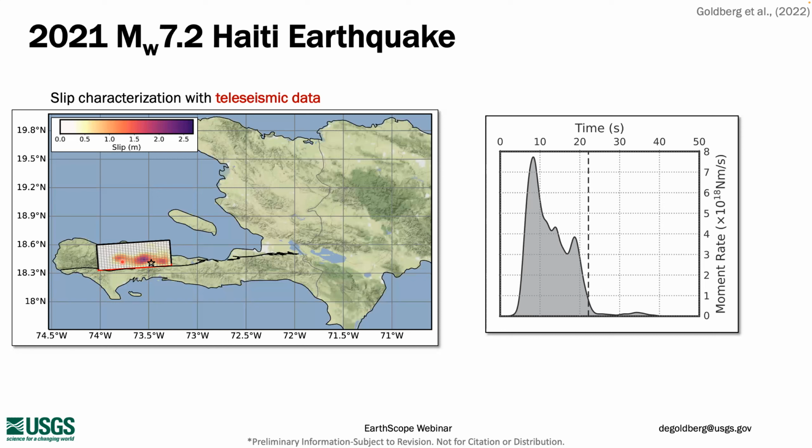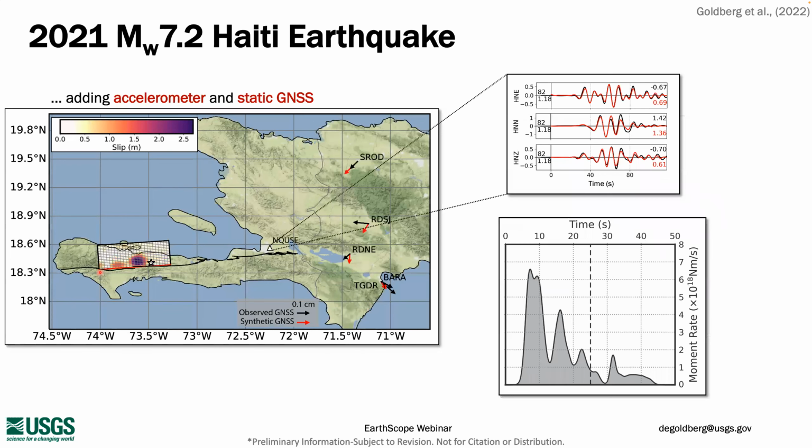So soon after I posted this model to the event pages, we started noticing that early aftershocks were happening almost exclusively to the west of the hypocenter, suggesting that rupture was likely also unilateral to the west rather than bilateral, as this model suggests. So over the next few days, we were able to get additional data from local networks that helped us to clarify the slip distribution.